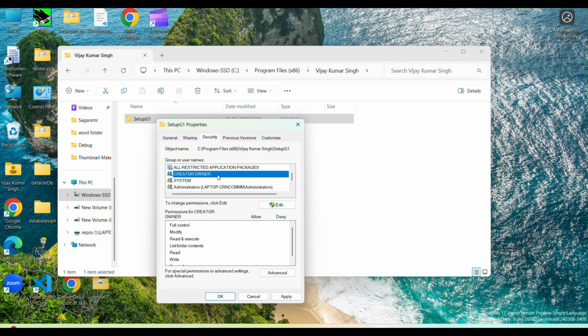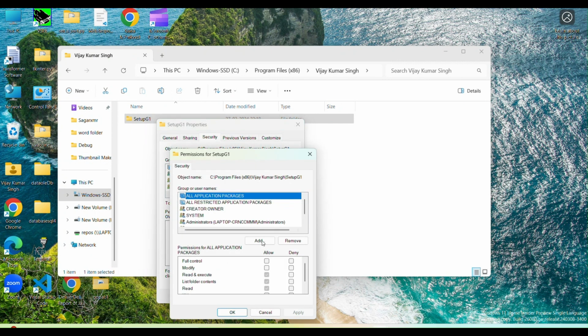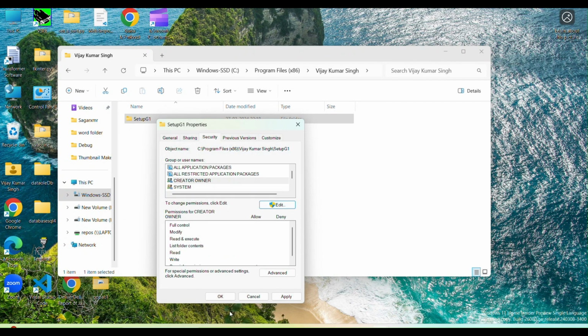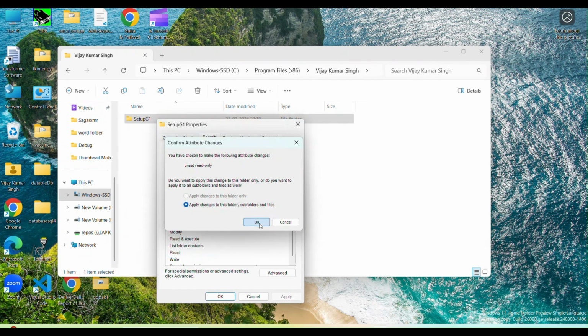So what we can do, we cannot get it here, so we click on Edit, check Allow, then go to All Restricted and check it and allow. In the same way, in System it is already there, and in Users, or we can use our laptop users, trusted. So this will correct and remove that error. We apply it, then OK,